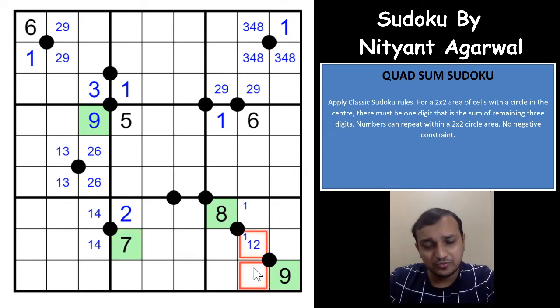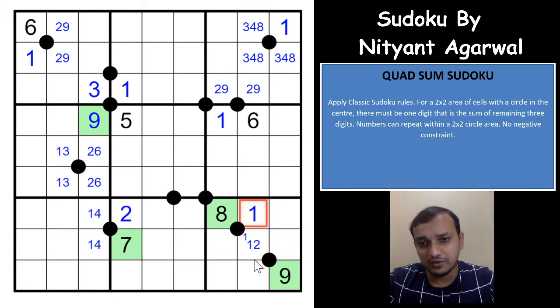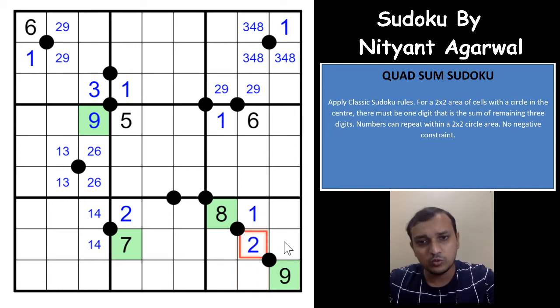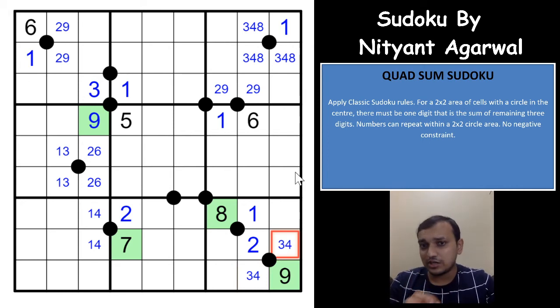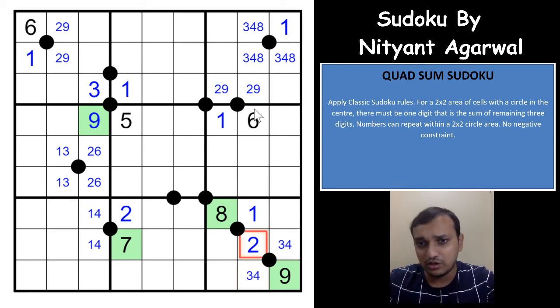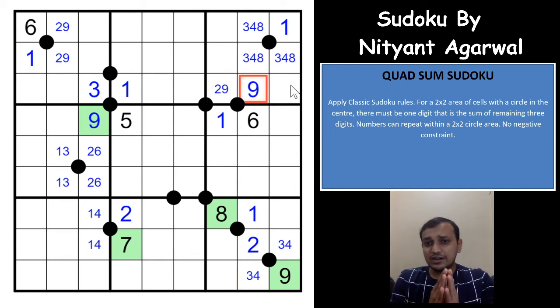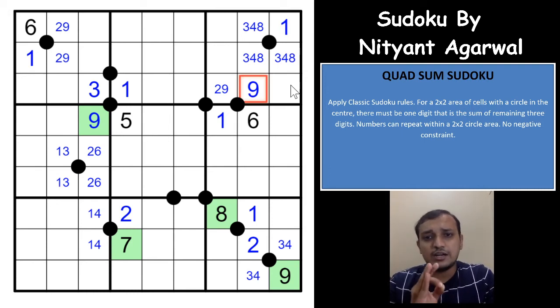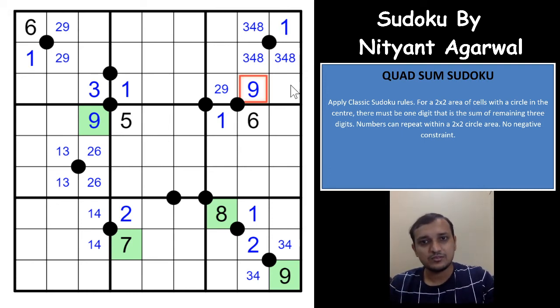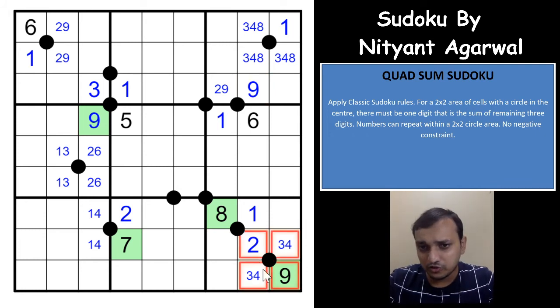What happens if, okay, so for the 9, if you don't have a 1 here, let us assume you have a 1 here. For the 9, the only possibility you have now is 2 3 4. This would have to be 2. You will have a 3 and 4 somewhere here. Now because of the 2, you will directly write a 9 here, right? I wouldn't write any more digits because I don't want to make it more complex here. Where can you have a 3, 4 and 9 in column 7? The moment you write a 2, 3, 4 possibility for the 9 here, this becomes 9.